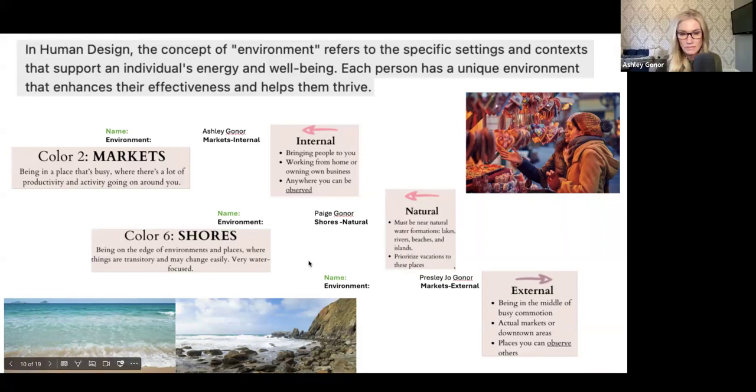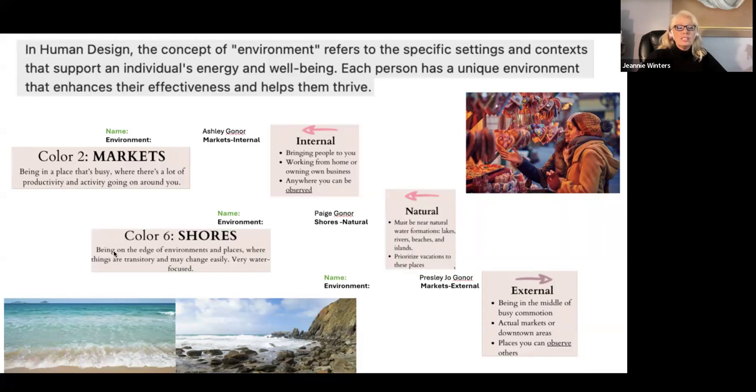Now, Paige is considered being on the edge of environments. This is mine too, natural shores. Where things are transitory and may change easily. So it's very water focused. So where the water reaches the sand, right? And it could pull back, it could recede, and show more land. It could be where the water meets the mountain, where there's no sand, and it's actually just solid foundation. It's anywhere where two things connect. And in our case,